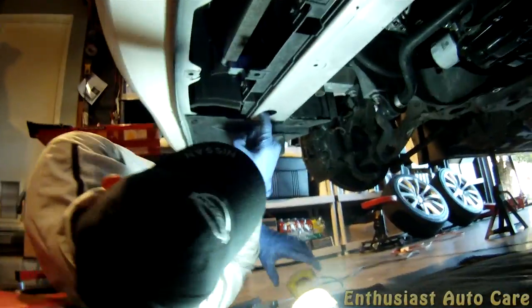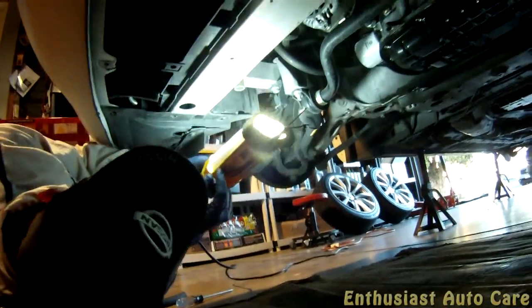First thing you're going to want to do is remove the panel down here, which we've already done. And up over here on this side, there's a little tube. You get a Phillips head screwdriver, you open this up, and then coolant's going to start coming out. And it's generally going to spray a little bit. So before we open anything, one of the first things you need to do is go inside the car and